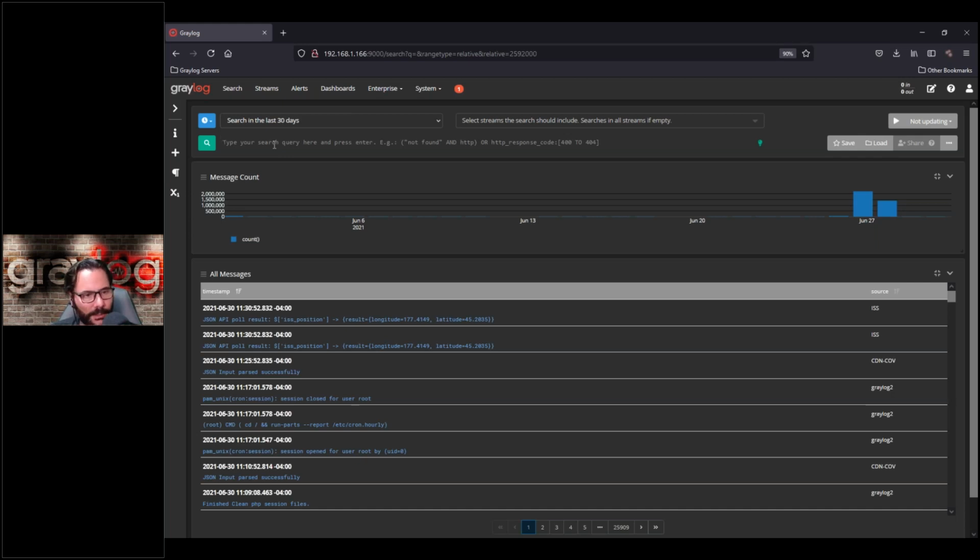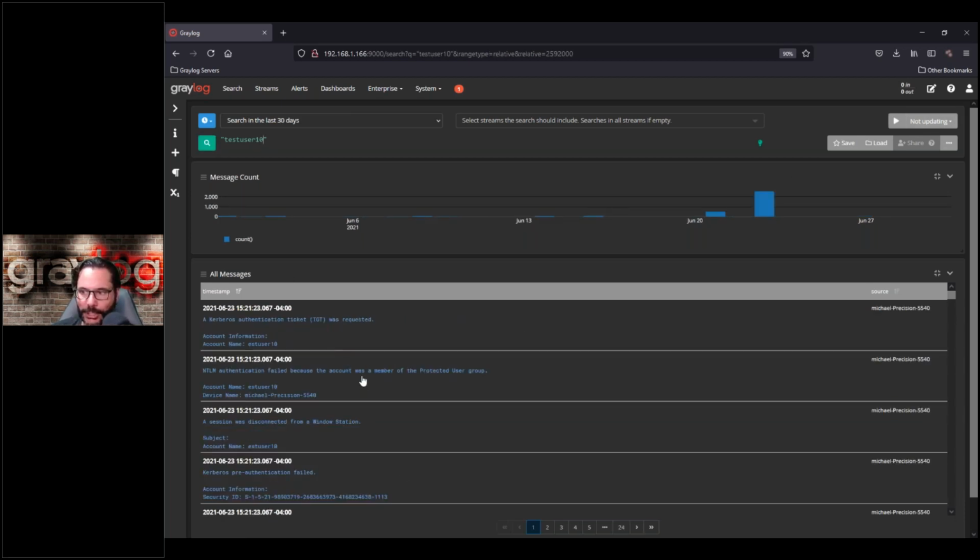So this is where string text search becomes very valuable within Graylog, because you don't have to have a big, long, enhanced search to search on something specific. So I am doing this live, so hopefully it does search. I'm looking for data that I might not still have in my Graylog instance, but we'll just check it out here. So test user 10 was a search, and it just showed up with all of the events specific to